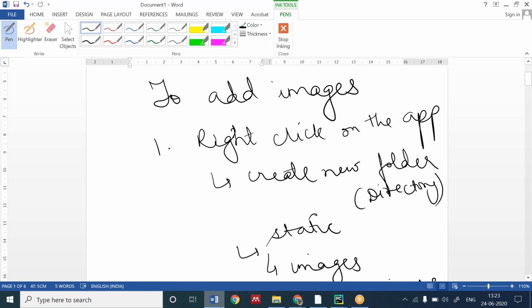Are you able to see my code screen or not? What can you see on my screen? Everyone, what can you see on my screen?